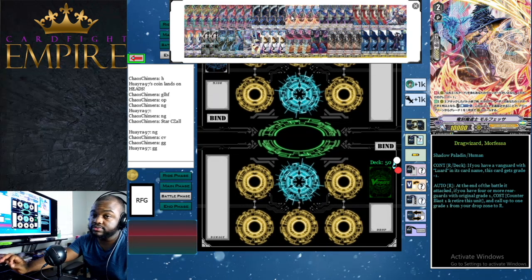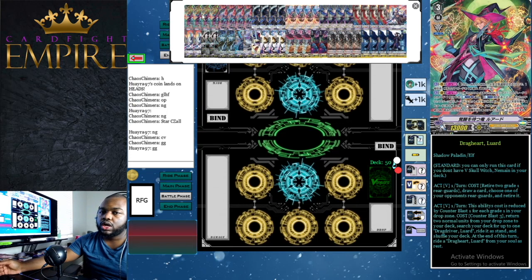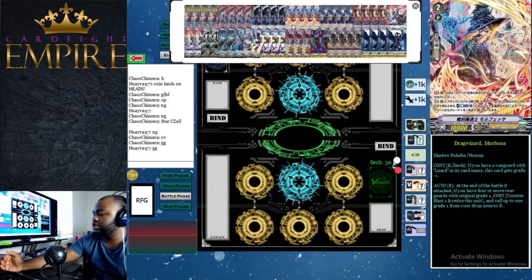However, Morphessa in the drop zone can still be returned, because Dragheart Luard doesn't just return grade 1s, it returns any normal unit. So you can also put Morphessa back with its card ability. So it's like they thought this out very well. However, this deck just still ended up being super OP powerful just because of how all the effects